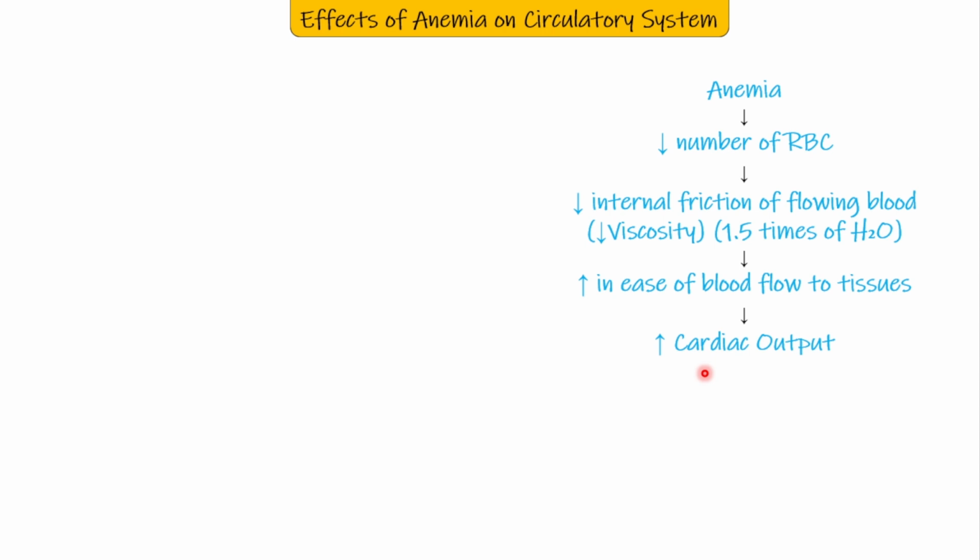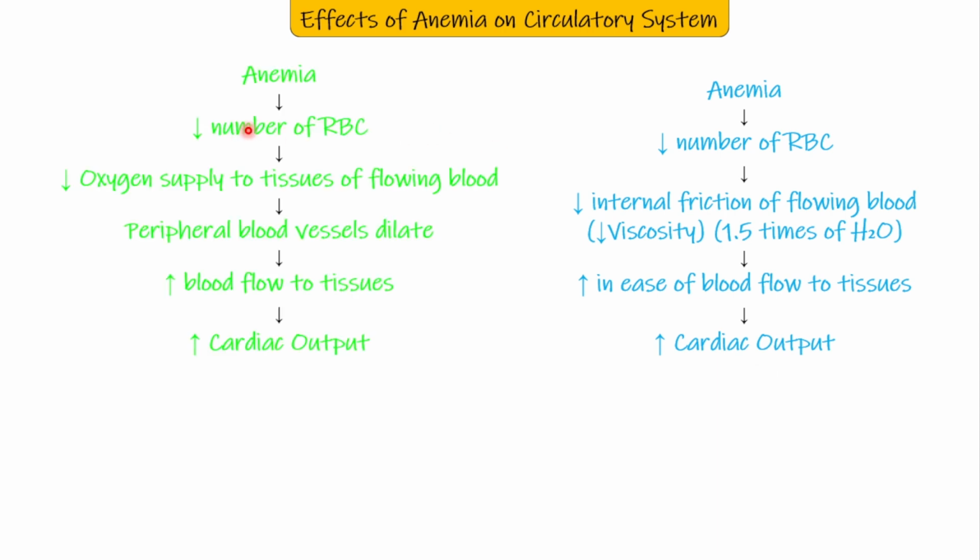There's one more mechanism by which anemia can lead to increased cardiac output, other than the decrease in viscosity. Whenever there is a decrease in the number of RBCs, it means there is decreased oxygen supply to the tissues of flowing blood. RBCs have hemoglobin, which carries oxygen to the tissues. When there is a decrease in the number of RBCs, less oxygen is now being supplied